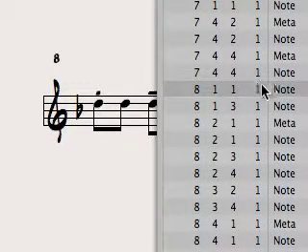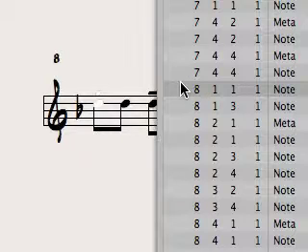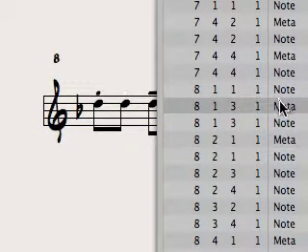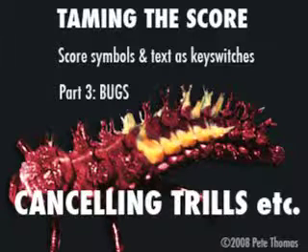Okay, I'm adding a dot here, and as you can see, nothing happens in the event list. So to create a meta event needed to work the key switch, I hold the Option key down while writing the dot, and you can now see the meta event in the list. The drawback is that it's now independent from the note, and you need to be careful to position it correctly and be aware that these will not change position if you use a transposing staff style.